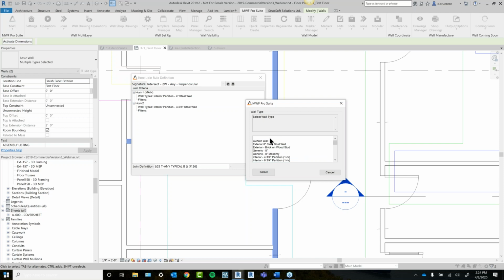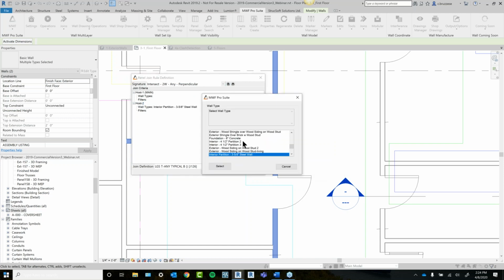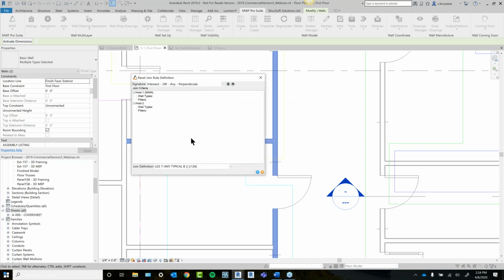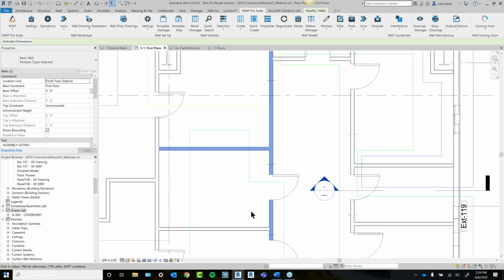So I'm going to click on this little house icon to set the wall type. And I'm actually going to leave this blank. So what that's going to do is not apply this for any 2 particular wall types. It's just going to be a broad rule anytime I have a T-intersection. So now that that's saved,